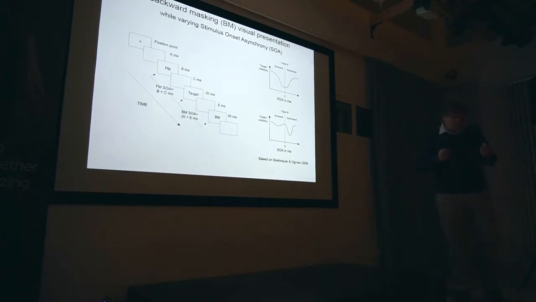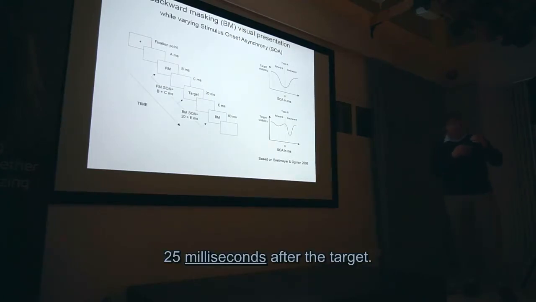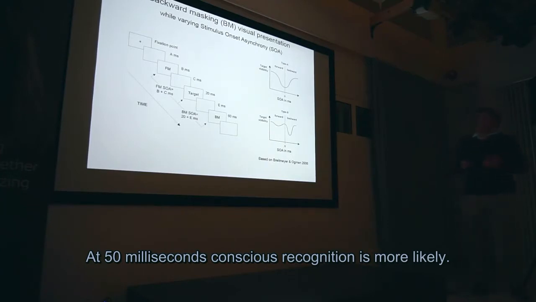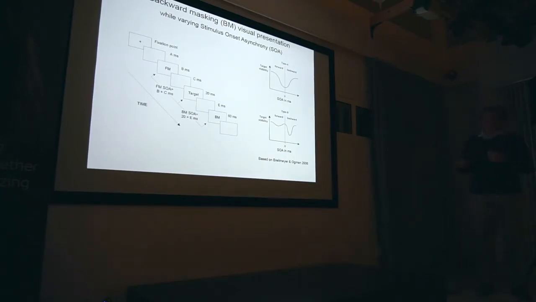So I want to mention something about backward masking. Backward masking is a technique used in psychophysics to understand human perception and the timing of it. Often the way the experiments work is you present some image or target and then a mask. And the mask is, let's say if it's 25 microseconds after the target, it can block that target and it may be subliminal. If it's longer, the subject may see it. And you can use computation, you can test this kind of thing against computational models as well.